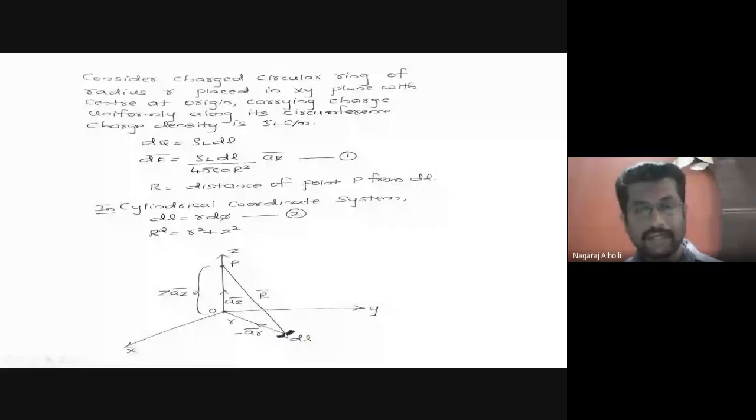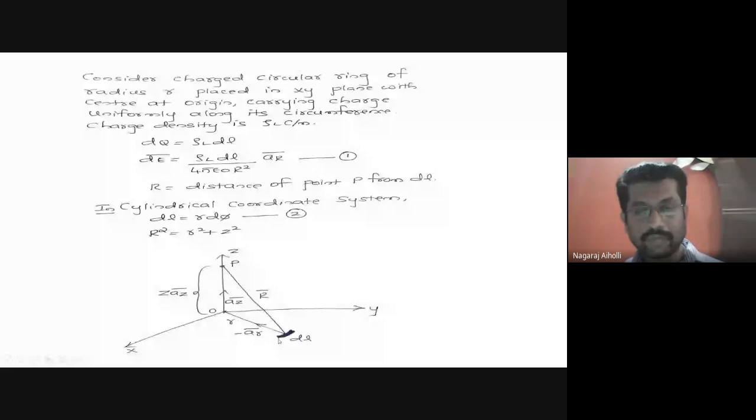So it is plus z into, that is from point, this distance according to the rule of parallelogram, equal to z a_z bar. What we are finding is the distance from point P to the elemental length dl. That is, our hypotenuse distance will be given by the sum of the distances of the other two sides.